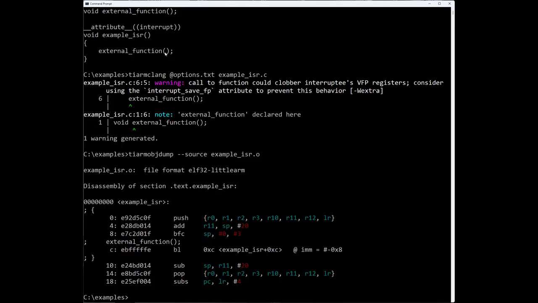And I want to see what that looks like. If inside the ISR you only do a few things, you don't call a function, it's only going to push and pop the registers that are modified in the function, and that's it.